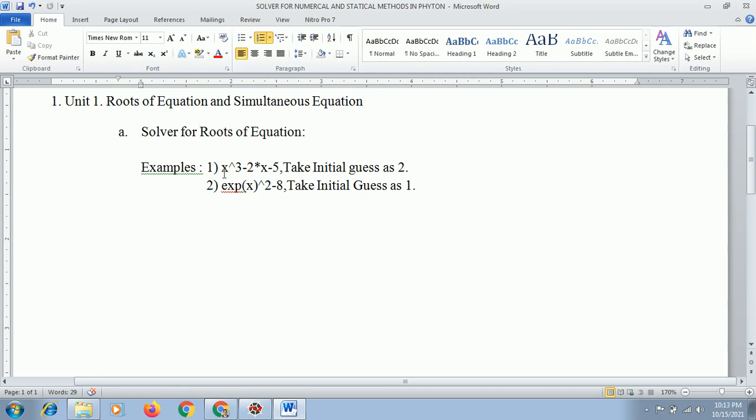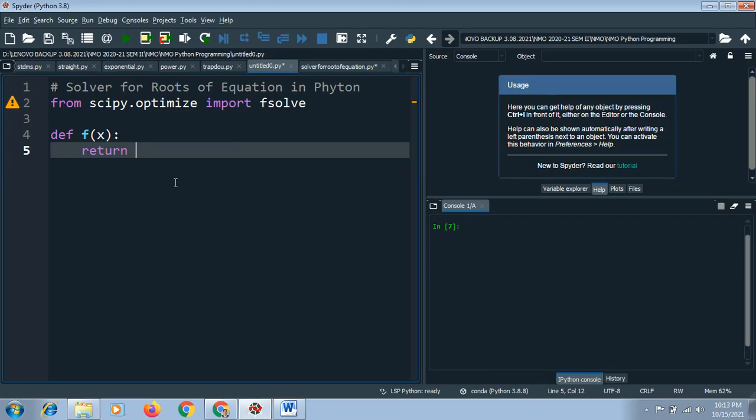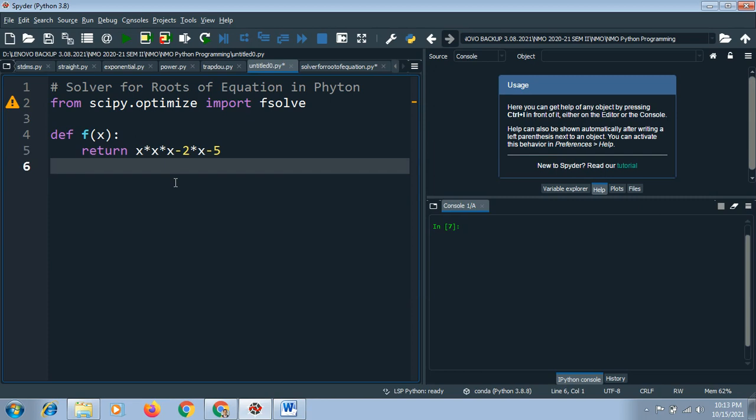The first equation is x cube minus 2x minus 5, with initial guess 2. In the return statement we write x cube as x into x. Please take care that you enter the proper upper or lower case, because it is case sensitive, just like MATLAB and Scilab.